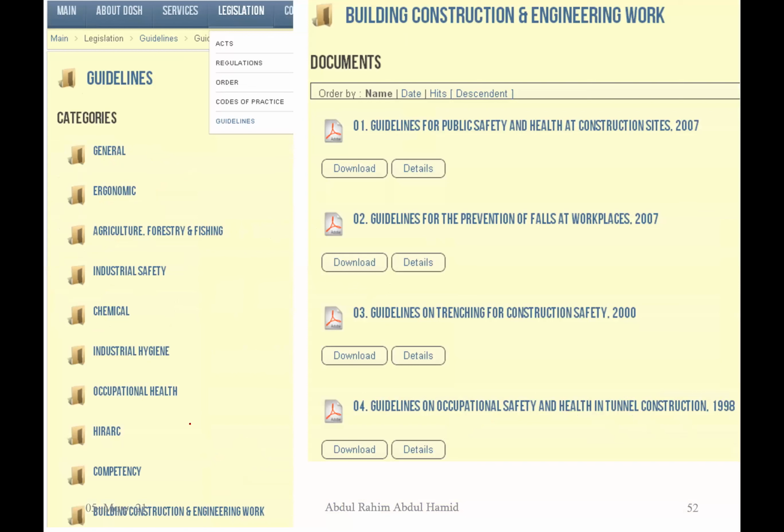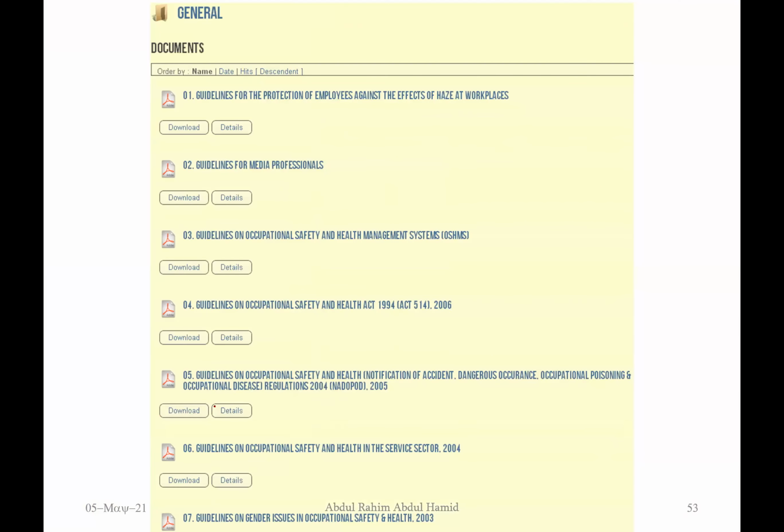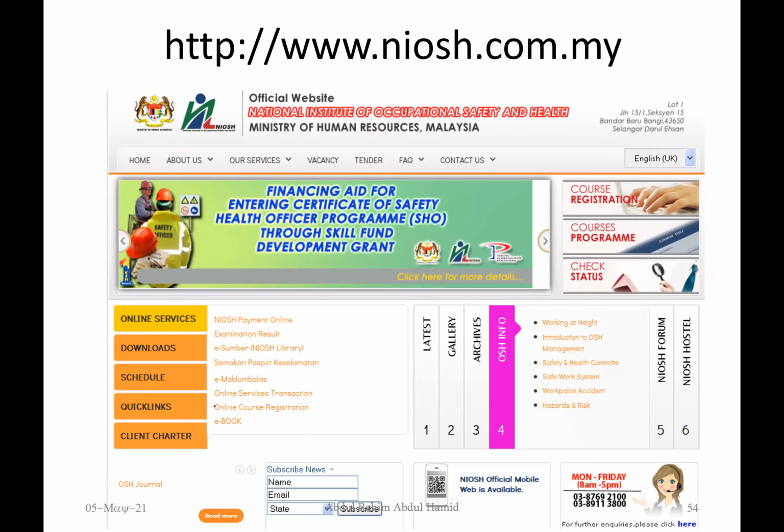And then what else? Guidelines. There are many guidelines around. Guidelines with regard to construction site, with regard to the trenching activity, with regard to tunneling, etc. And one of the guidelines is with regard to hierarchy. See, hierarchy, which we are going to cover in the third week of the classes later on. Okay, lastly,